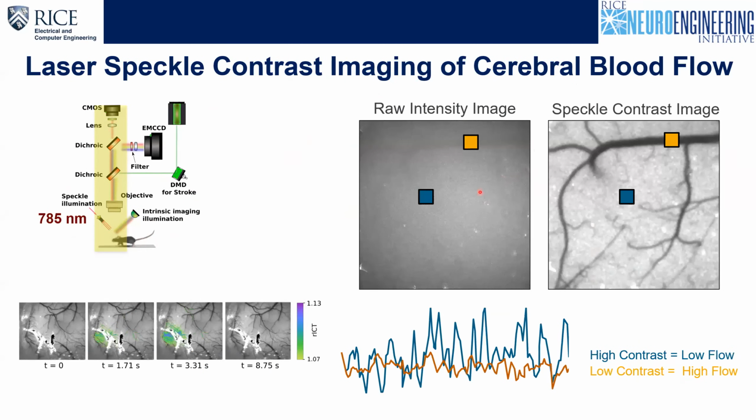So this is just showing the raw reflectance, and it's being captured on the camera. There is nothing special over here about this, but notice that you can see the vessel over here slightly, the shadow of the vessel, and here you can see the speckle, or the random fluctuations of the speckle pattern. So the way this image is computed on the right, the speckle contrast image, is that